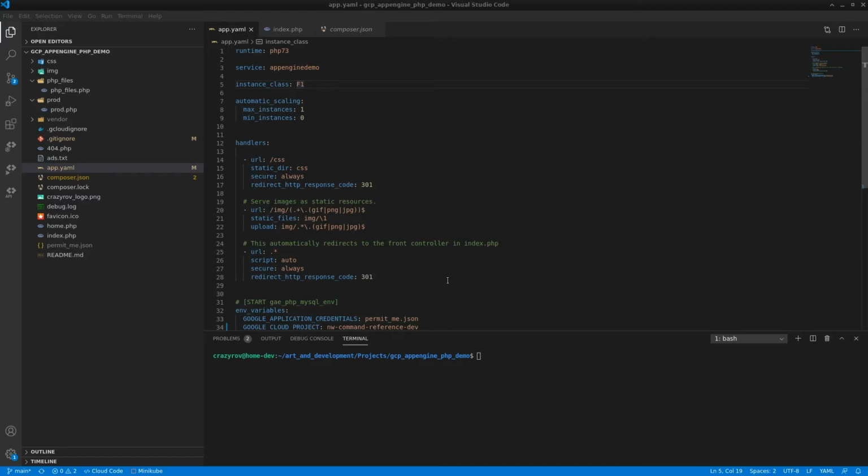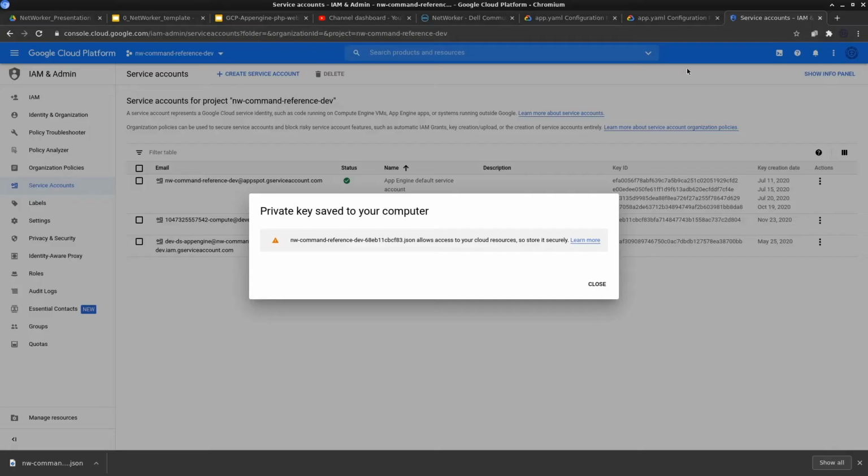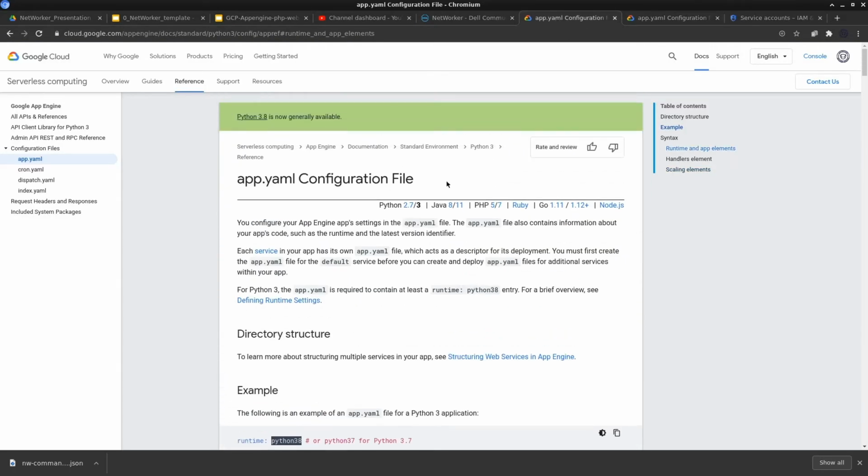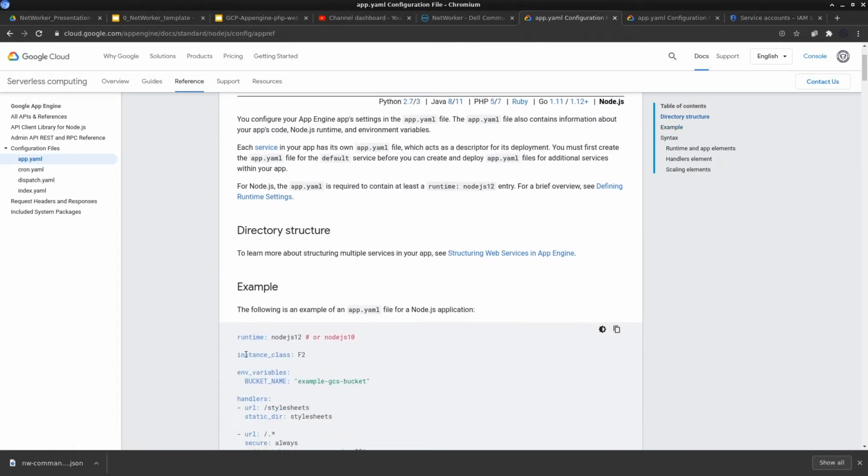But for App Engine standard, you have a standard set of runtimes, and here I'm using one of those supported runtimes, which is PHP. The version of PHP that I want to use is 7.3. Again, the different runtimes that you want to mention here are available in the same link that I have provided earlier, which is this right here. If you go to the top of the page, you will see all the different runtimes that are supported. So if you want to run Node.js, you can just click on Node.js here, and it is going to show you how that particular runtime element value has to be provided.